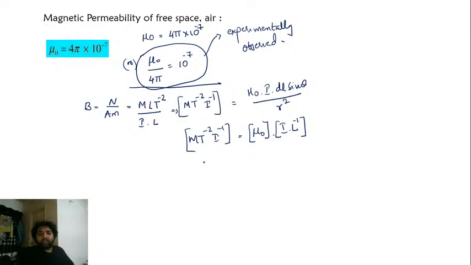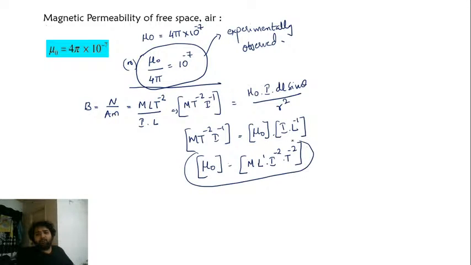तो इससे क्या आ जाएगा, the dimensional formula of mu naught will be equal to M L I^-2 T^-2. This is the dimensional formula for this. Got it? So dimensional formula के लिए any one you know with relation between magnetic field and anything else, you can just use it to find the dimensions. ये dimension का top quality question है, तो if you definitely like this, hit the like button there.